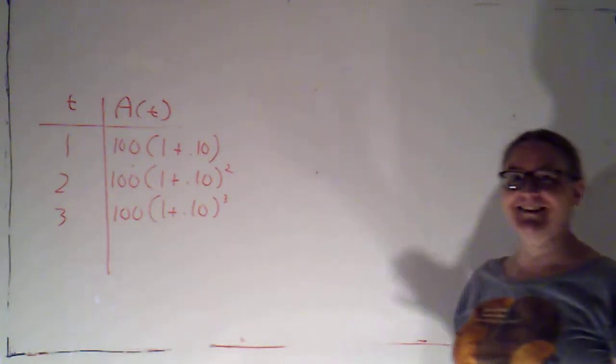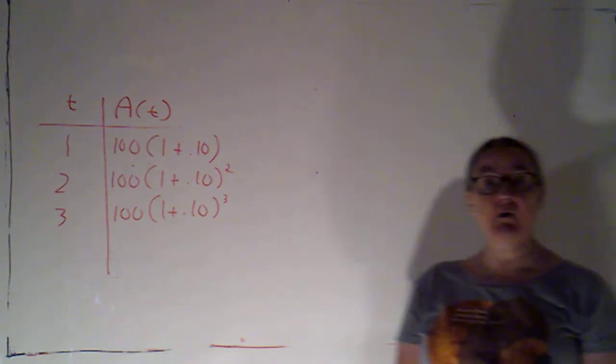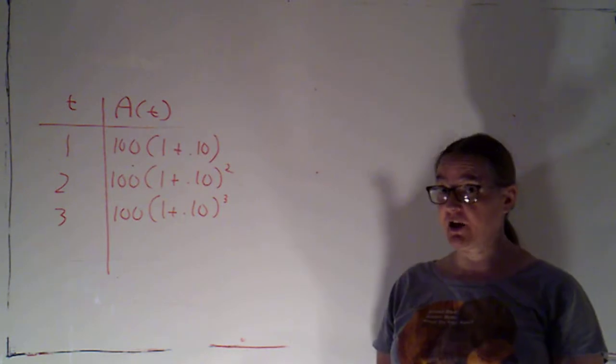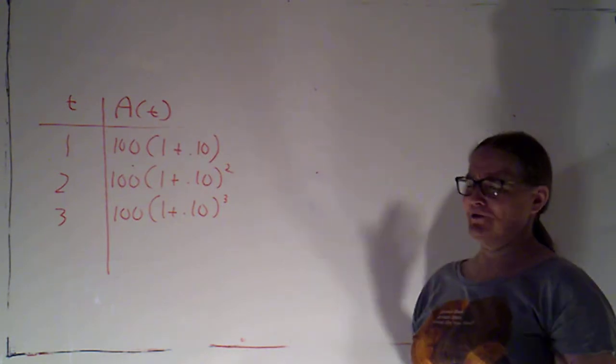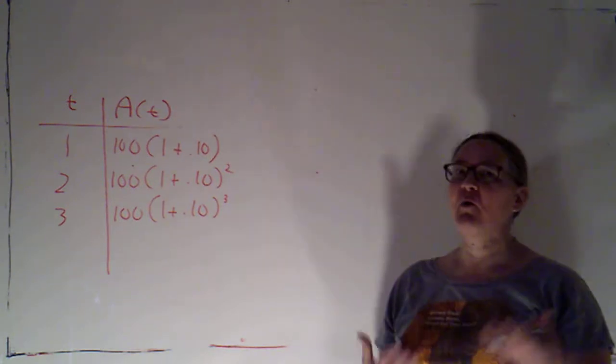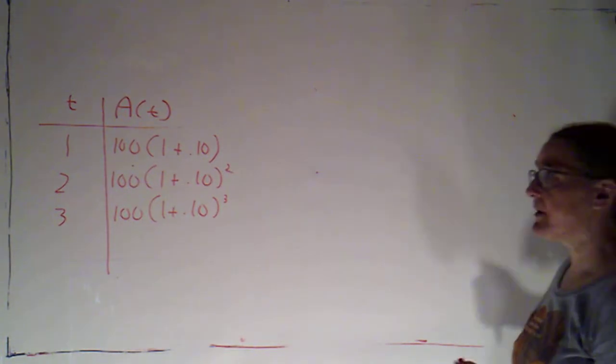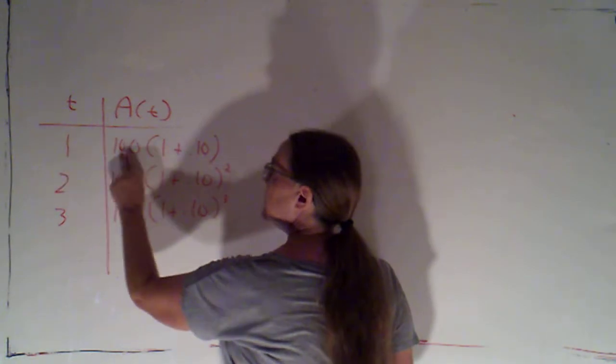Here on the board, I've just summarized the results from what we did in the last video. Remember, we were calculating the value of an investment if we invested an initial $100 at 10% interest, compounded once a year. This was not realistic. Okay, so what we determined was that at the end of the 1 year, we had our $100